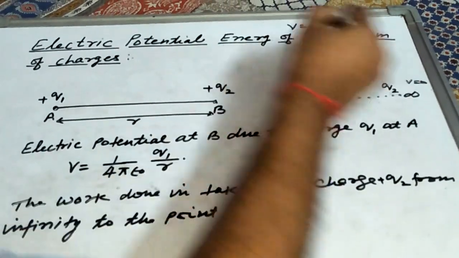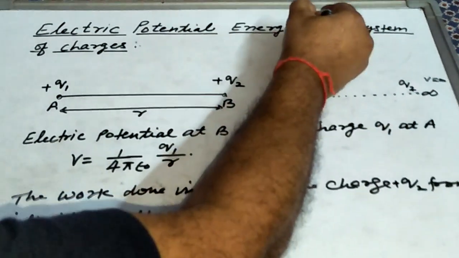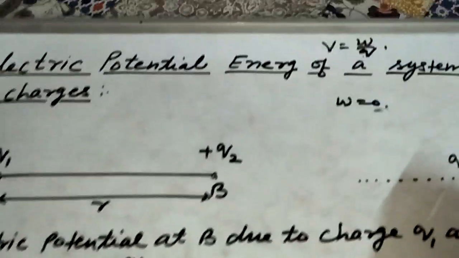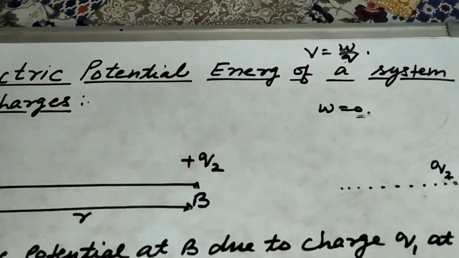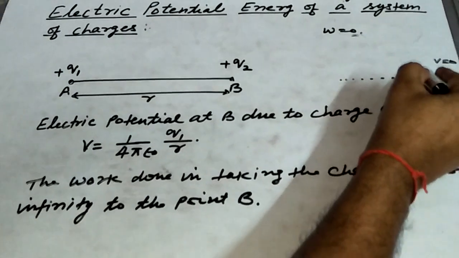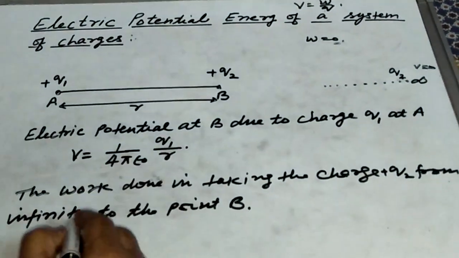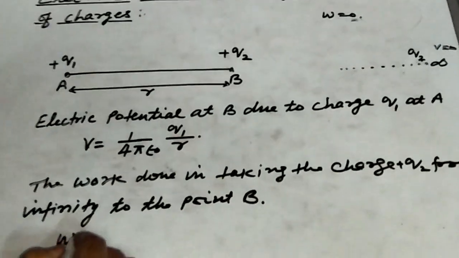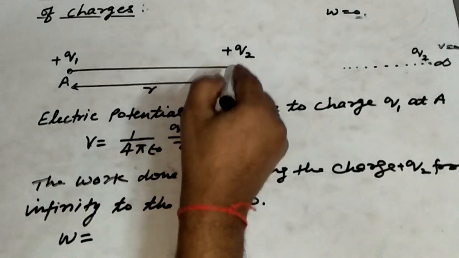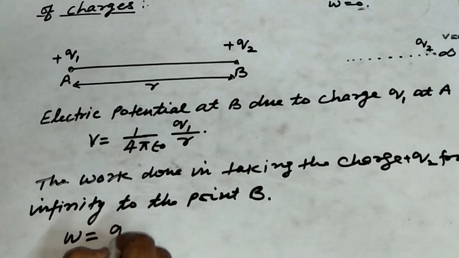What charge is being taken? Q2. And the potential difference between infinity and the point B is how much? V. Or simply, the potential at B is V. So the work done in taking the charge Q2 from infinity to the point B is